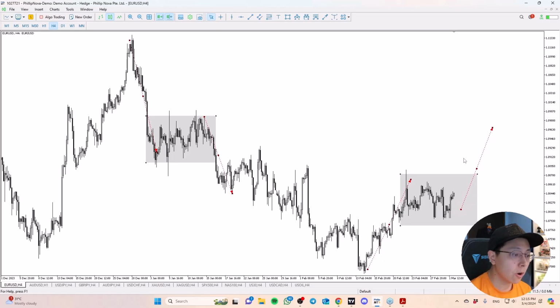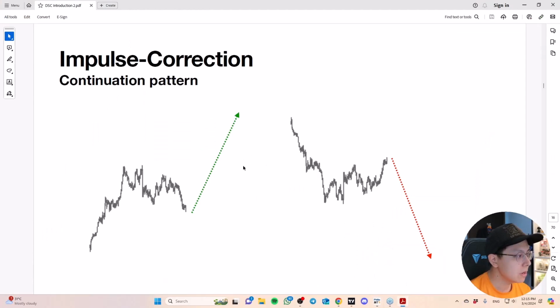Obviously it's not going to be 100%. Don't expect certainty in the market. But what we know is that there is a high probability the market is likely going to continue. I'm just very quickly throwing out some examples on real-life charts, so that's the continuation pattern to help us identify whether we have a clear directional bias.